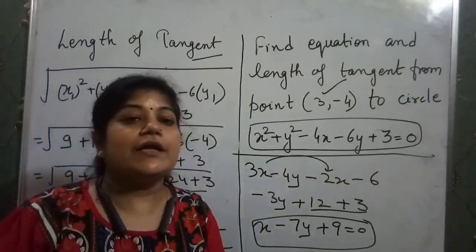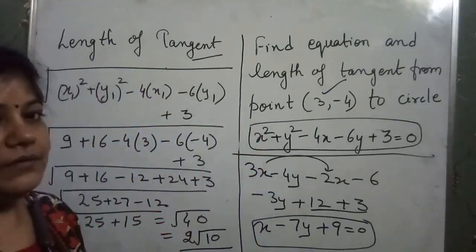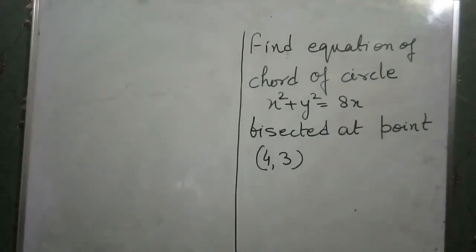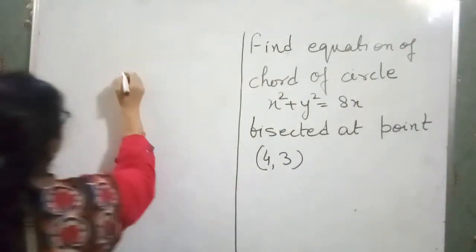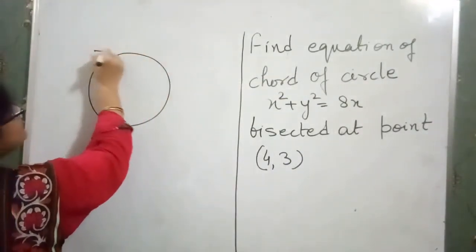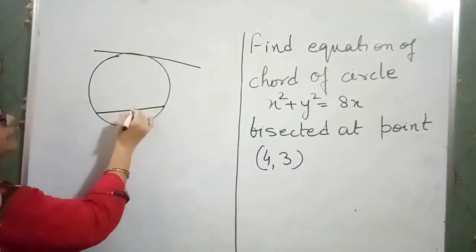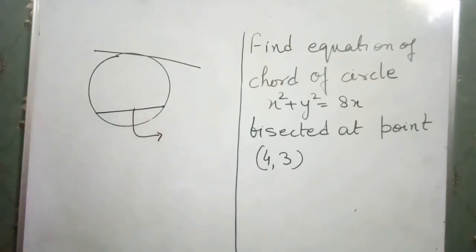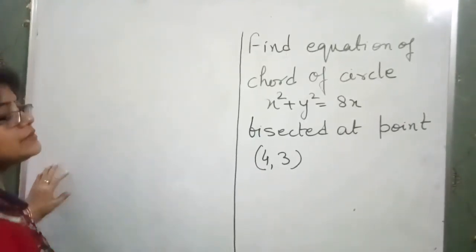If we have to find the equation of pair of tangents for a given equation of the circle. Now come to the topic of finding the equation of chords for the circle. Now I think you must know this is the tangent for the circle and this is the chord for the circle. Now we have to find how you will find the equation of this chord for the given circle. From this question we learn how we find the equation of the chord of any given circle.